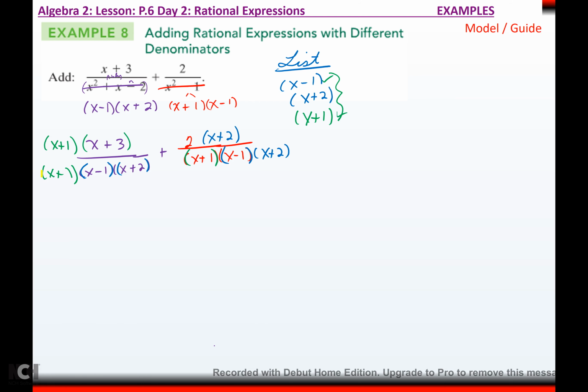And now you can see, although I've written them in a different order, oh no I haven't, they're not the same. Do my denominators have all of the same factors in them? And yes, they do. So I'm going to keep that denominator, which is x plus 1, x minus 1, x plus 2. And I'm going to simplify on top. On top, I'm going to distribute. That's going to give me,